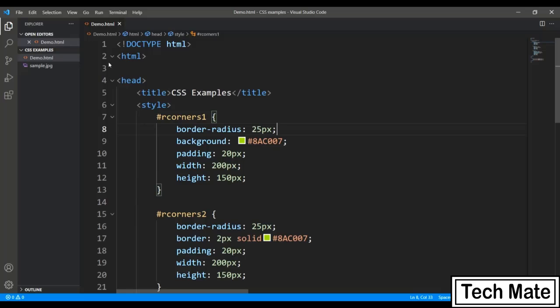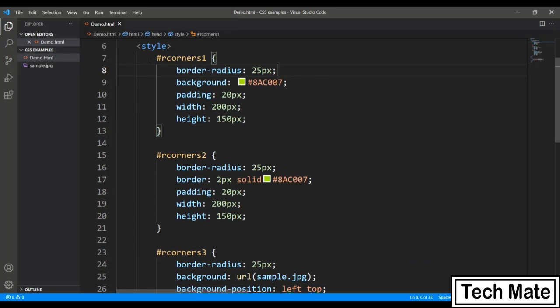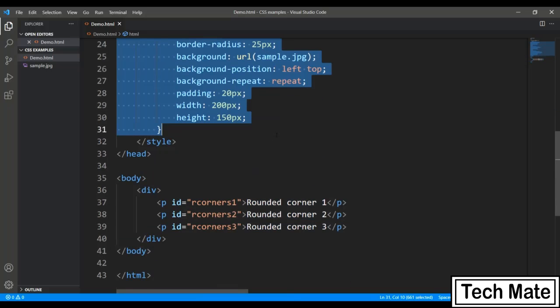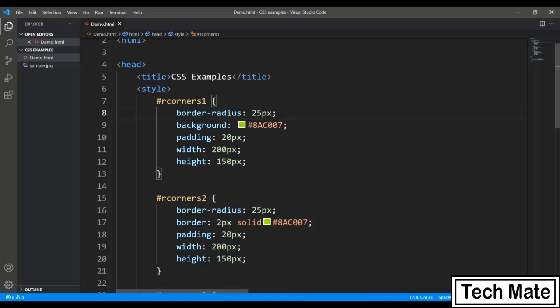With reference to rounded corners in CSS3, in this implementation I have added three elements inside the style element, and these are basically ID selectors. In the first one, rounded corners one, I have passed the border radius.